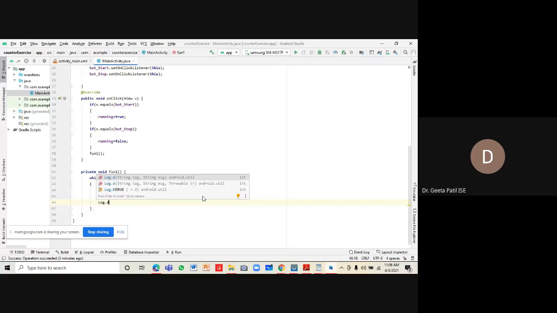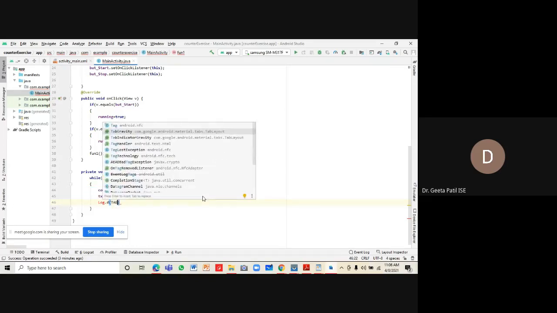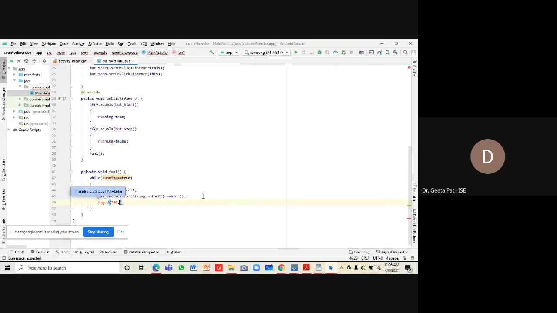So Log dot d, which takes two parameters. The first one is tag. The tag is used to know exactly where these log messages are coming from. And we will print this message, value of counter